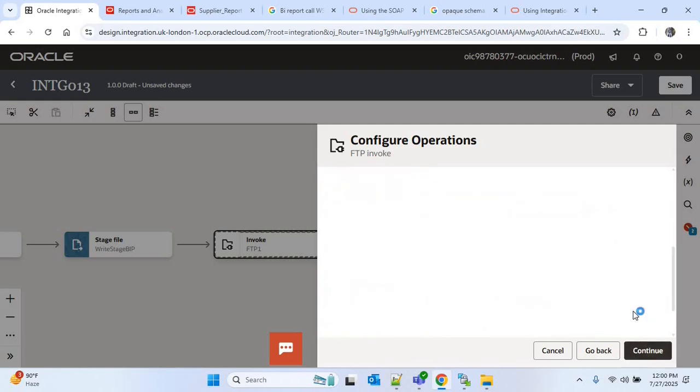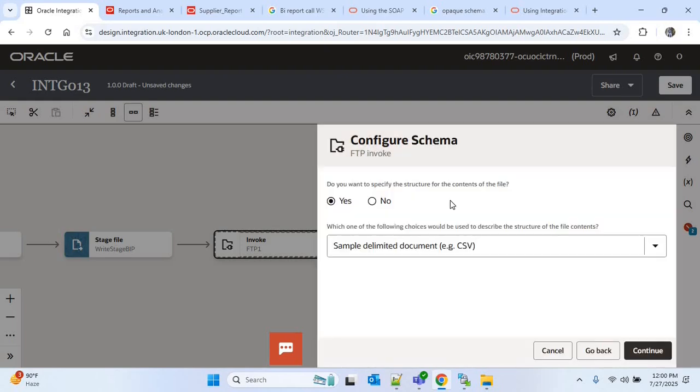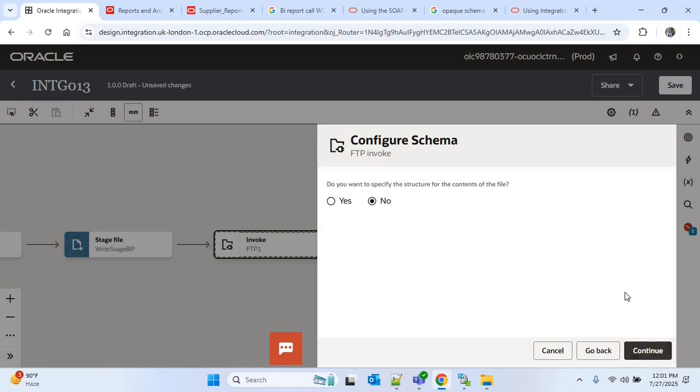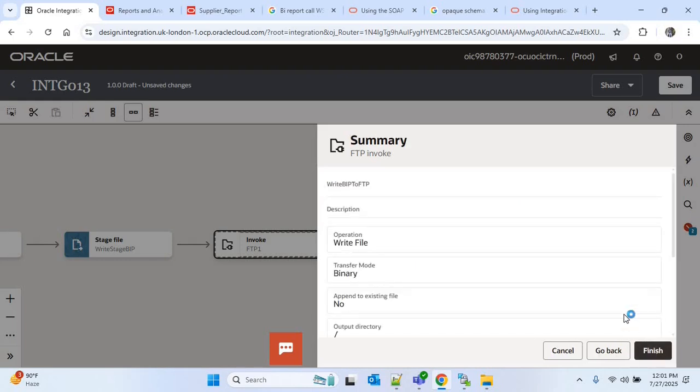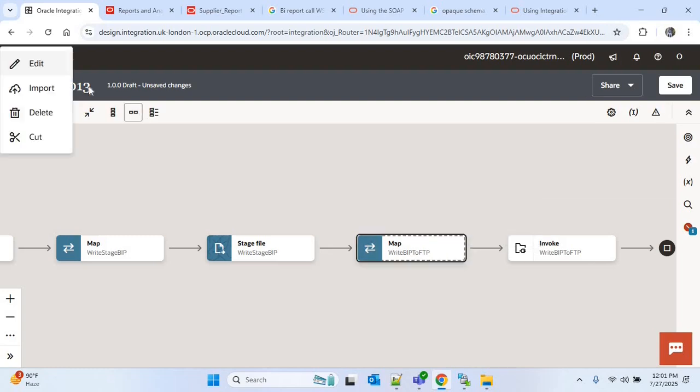Now I'll continue. So here we do not need any schema because we'll just get the file from OIC and we'll write that into the SFTP location. So here I'll choose the no option. So I'll continue, then finish. And now go to the map,